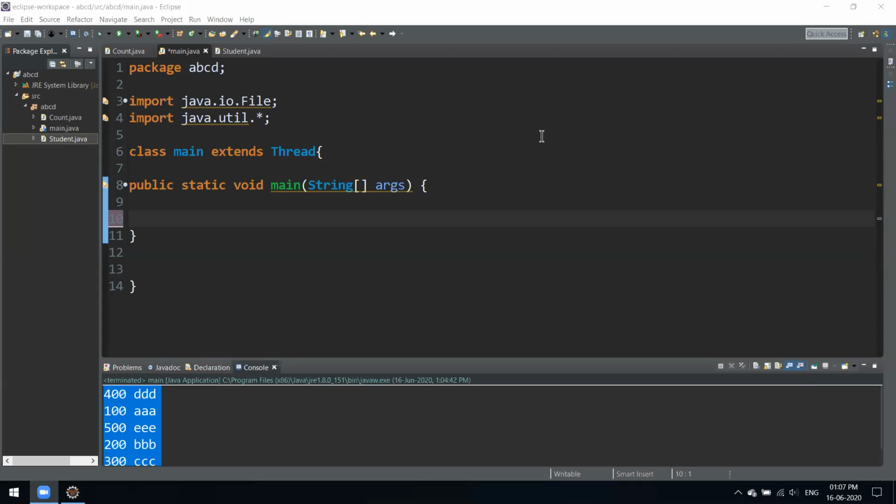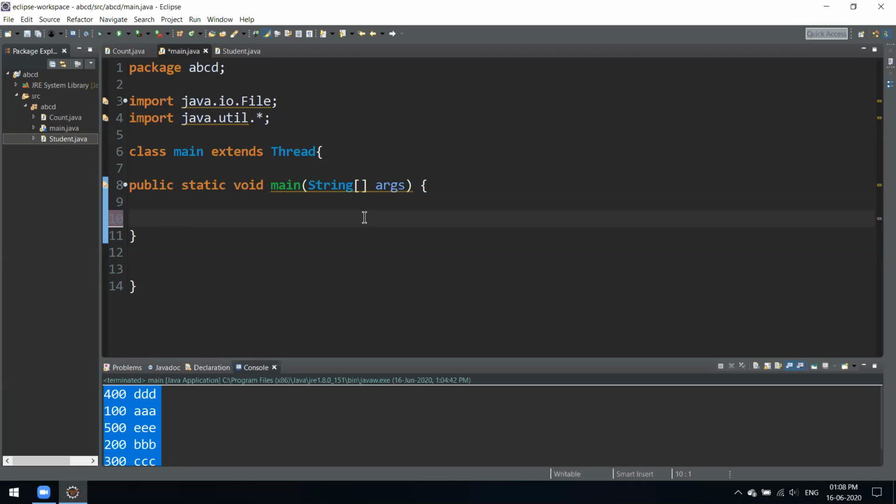So let's write something simple, and keep this in mind. We have different methods in the threading concept. We have a run method, which is the entry point of the thread. Whenever you trigger that run method, that process will start running. The sleep method stops that thread for whatever period of time you specify. And we have a start method, which is used for calling the run method. We'll look into it very soon.